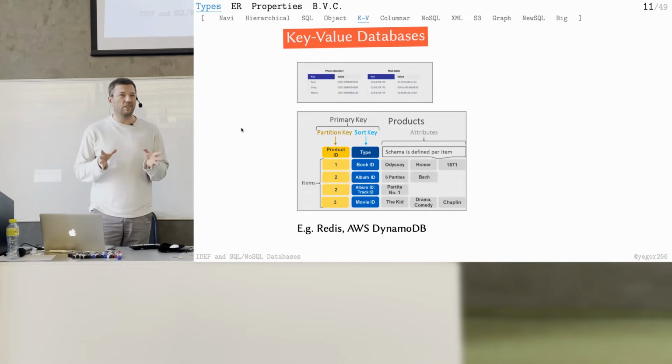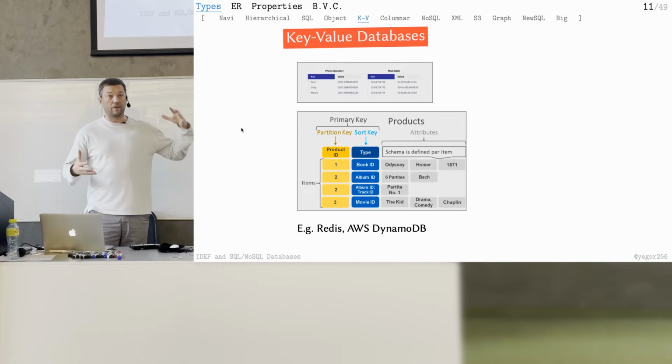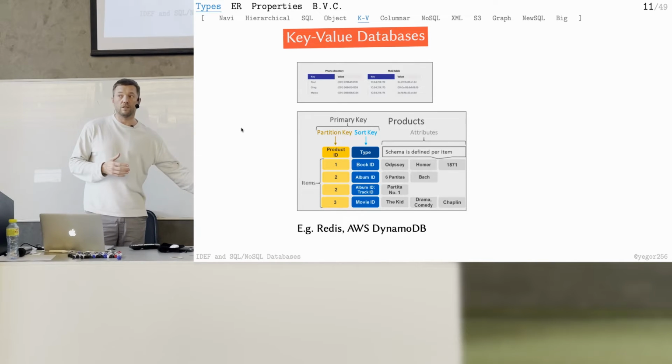I'm not sure about current versions. Maybe they enable some storage on the file. But to my knowledge, when I was using it years ago, it's in memory. So everything which stays there, it's in memory. That's why it's super fast. It doesn't go to the disk. It immediately returns everything from memory.